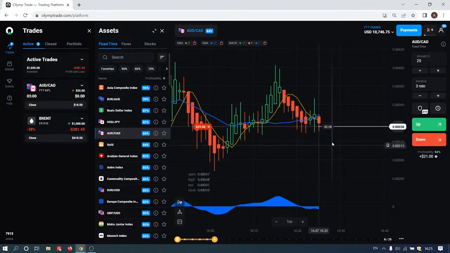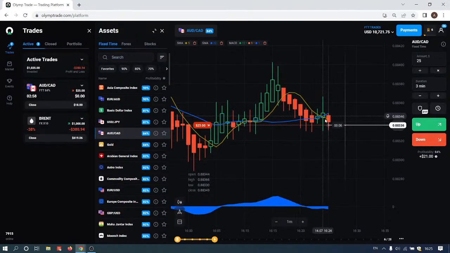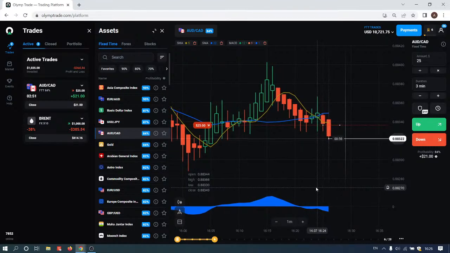And yeah, let's open a trade. So we have this crossing. The MACD indicator is signaling us to open a trade downwards, and well,